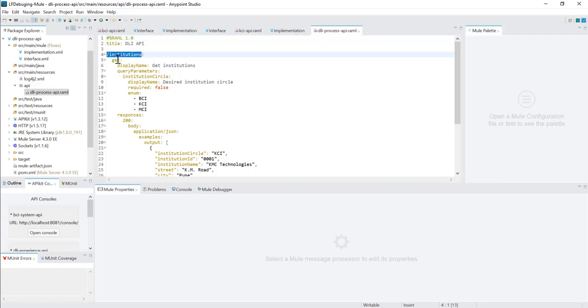This is the URI used here, slash institutions, right? And it is also saying that it is expecting a query parameter, that is institution circle. And what should be the value of it? It should be either BCI or KCI or MCI.